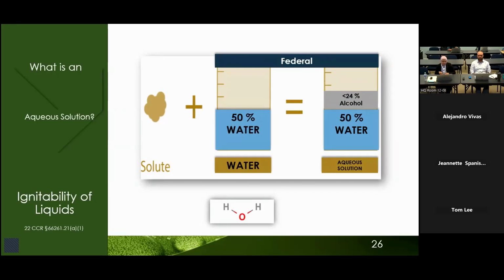Basically, the US EPA made this change to clear things up. Instead of just using the vague term aqueous solution, the federal guidelines precisely state the percentage of water content for it to count. This new precise definition ties directly into the alcohol exclusion rule. Now, the alcohol exclusion rule is the next concept that we will discuss in detail.